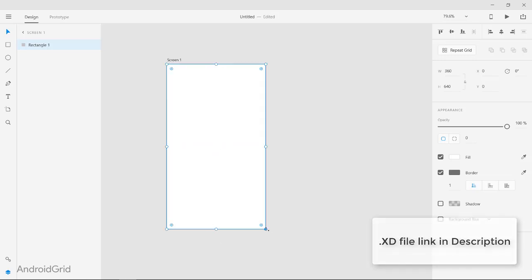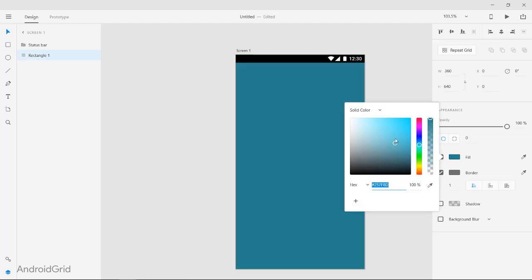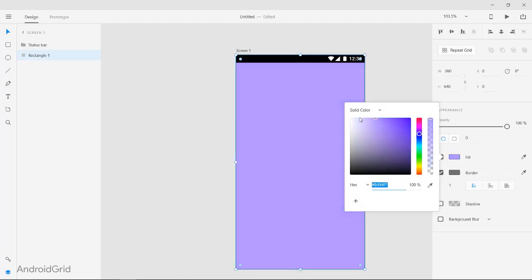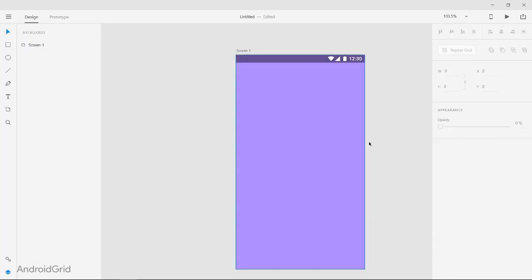And now we need a status bar. I just copied it from this XD. Yes, you can get the link in the description as well. And we need to adjust the opacity as you want,